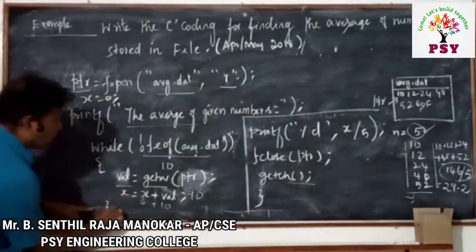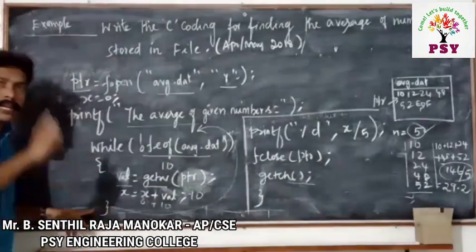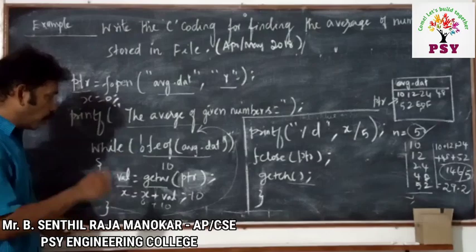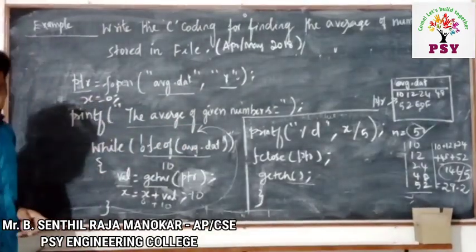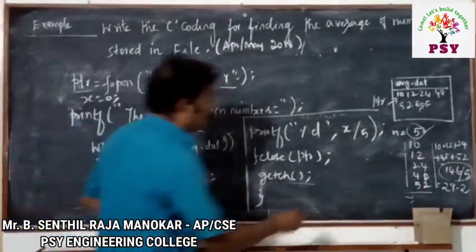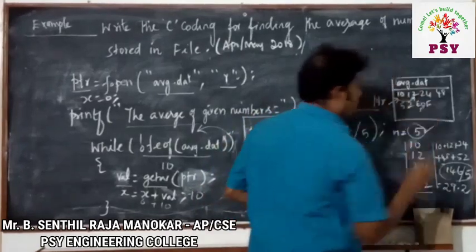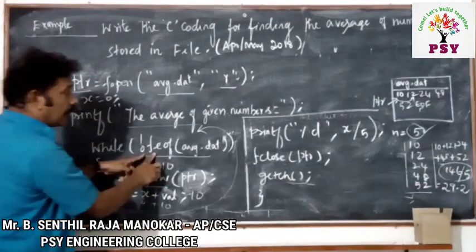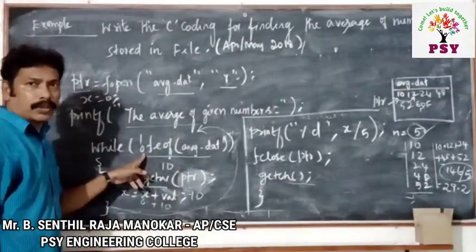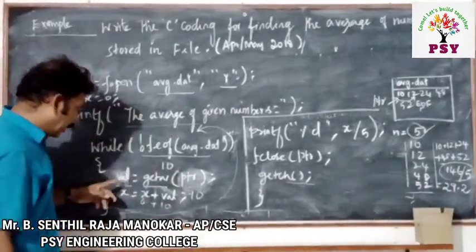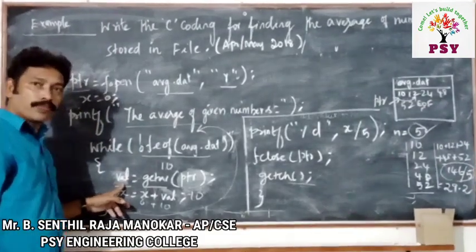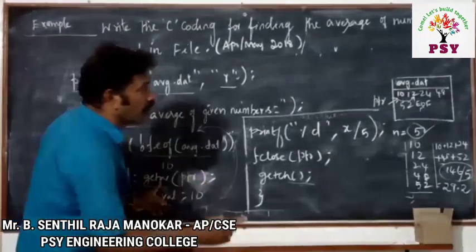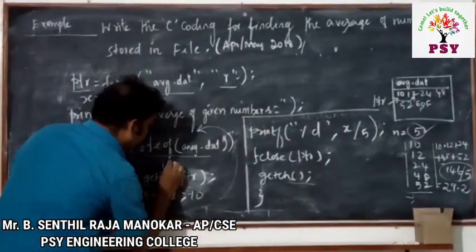Again going back here. Until false, it will be running. So now again the pointer is moved to the next one automatically. Then what will happen? The pointer will be here, at the next value. So what is the value here? Yes, this value is not equal to end of file. Then enter inside. So what will happen? Again val is equal to getw, the next value. What's the value? Now the value will be 12.